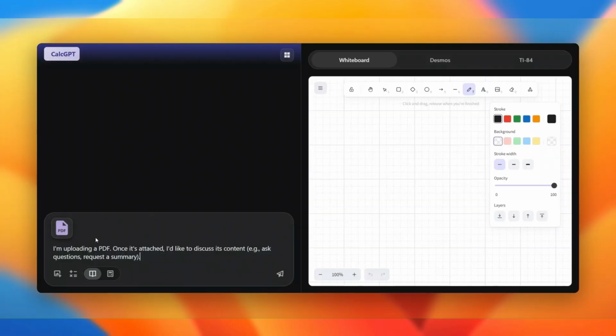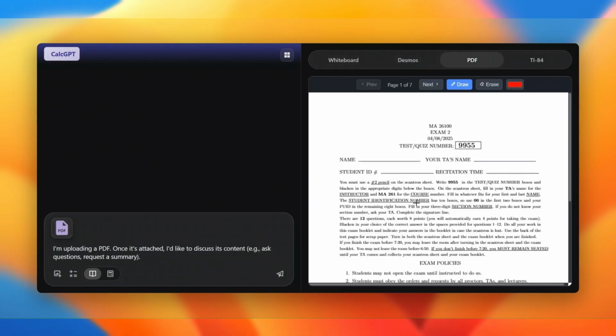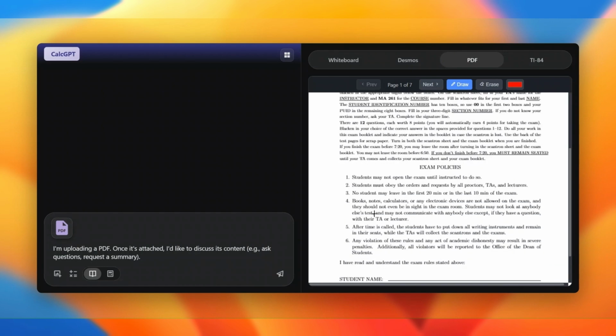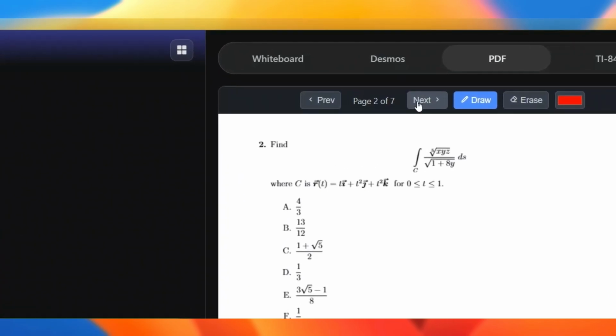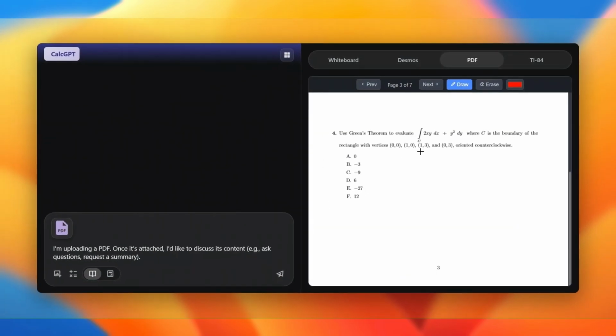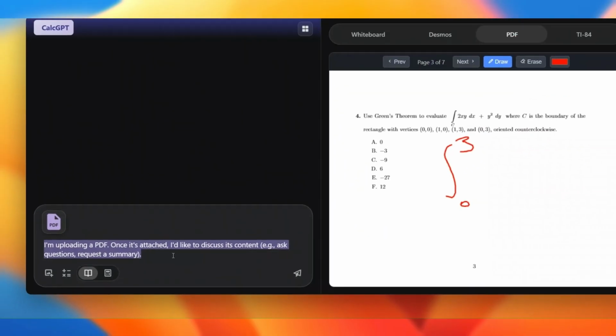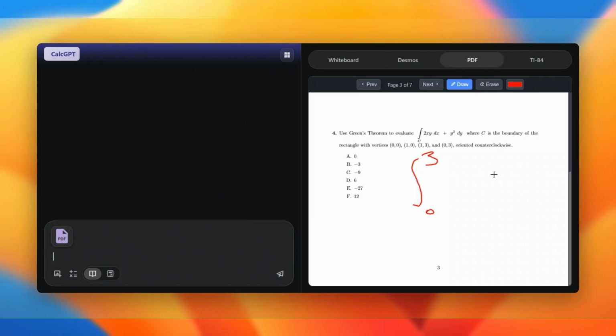Now I will demonstrate the PDF companion feature. And so you have 2 options once you've uploaded a PDF. You can send the PDF in its entirety, and it'll take that into context, or you can hover over the chip and press the expand button. What this will allow you to do is you can see and draw on each page individually, and so you can essentially collaborate with the AI in this space where you can work on the problem alongside the chat and then ask it for feedback or ask it for a hint, etc. And so in this expanded view,